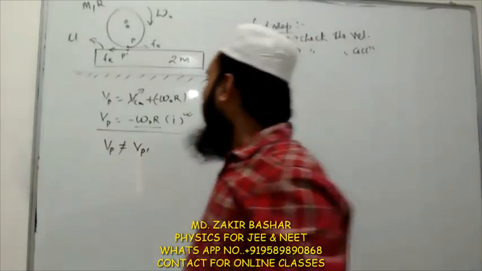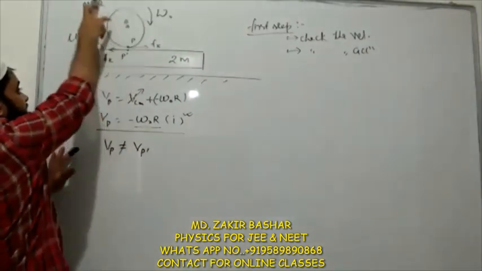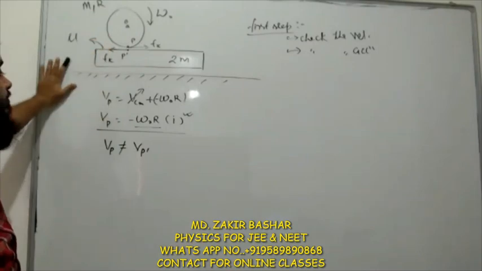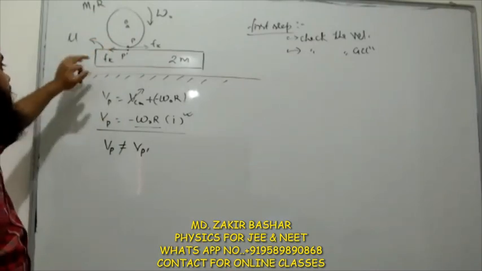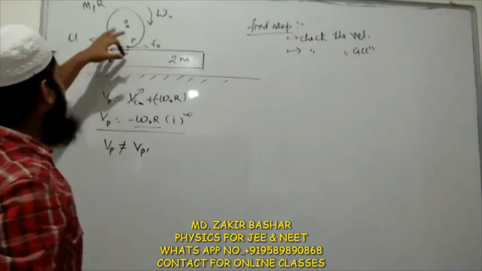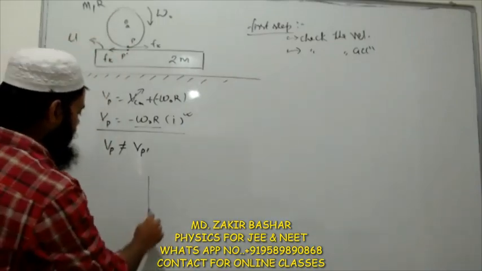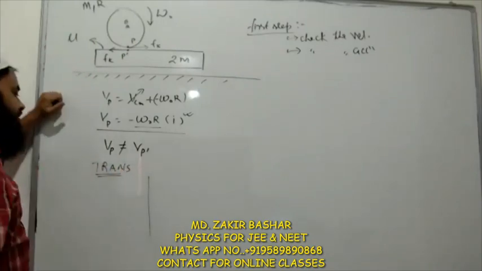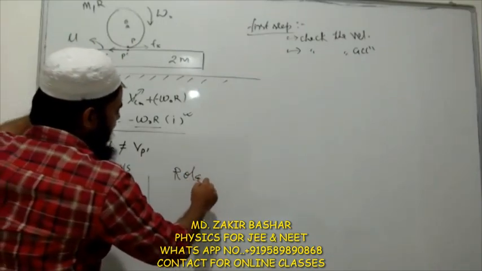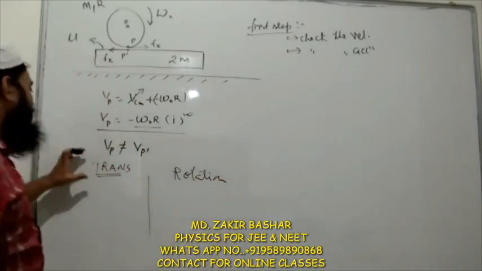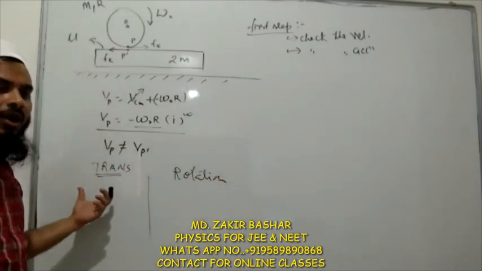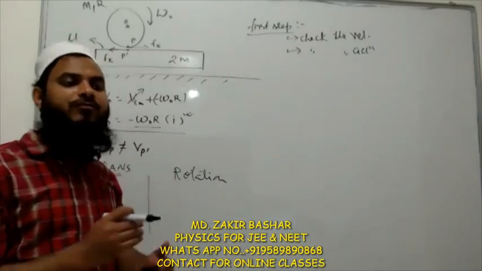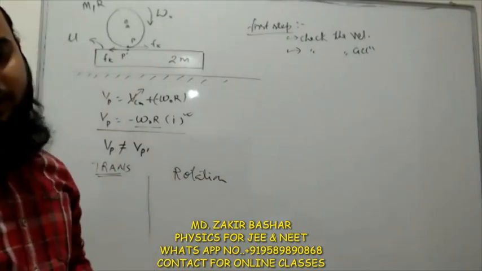Now see, the disk. So what I am telling is that the force acting on the disk is other than at the center of mass. So a translational component will be there and a rotational component will be there for the disk. Will the translational effect come or the rotational effect come? Both effects will come. Why? It is because the force is acting other than at the center of mass of the disk.